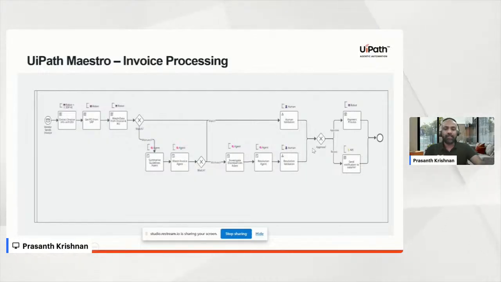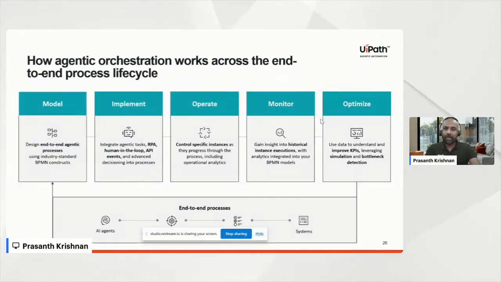And you also have conditions. What happens if it is approved, if it is matched, if it is not matched? You can stitch all these together in a workflow in Maestro and it can be published. And not just that, it is not just about modeling. It is also about how you can monitor this, how you can operate this. You can look at all the audit trails, and you can optimize it. So it is not just a BPMN scenario where you come and model it and then just implement it, but it is also about how you operate it properly, how you monitor it, look at all those trails, and see how many LLM calls are happening. You can look at an entire workflow through Maestro.